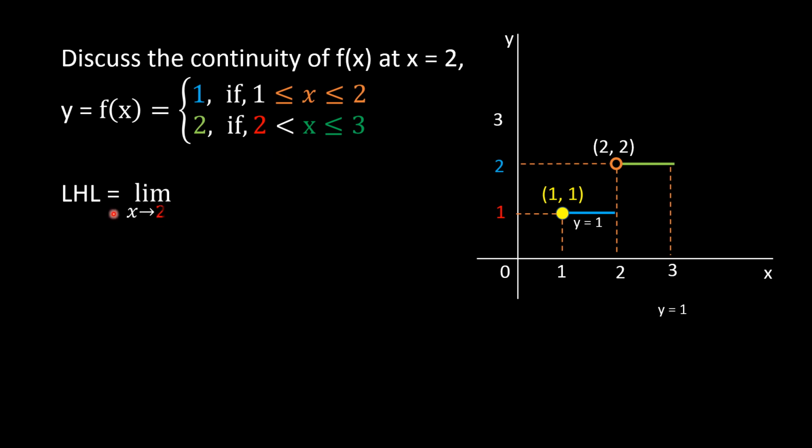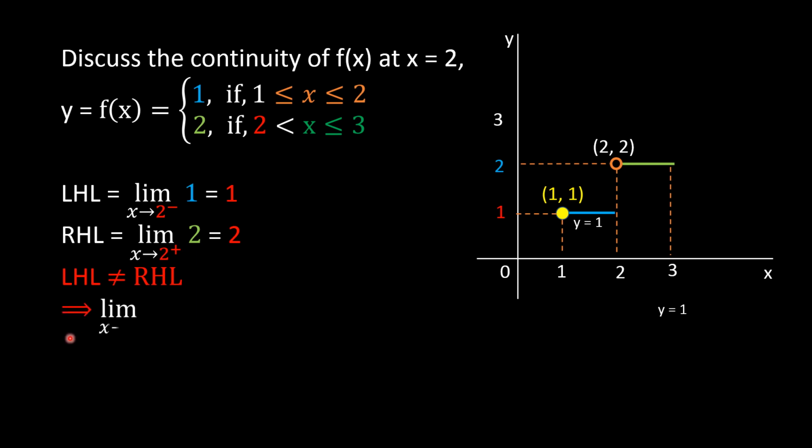Here the left hand limit is 1 and the right hand limit is 2. Since the left hand limit is not equal to the right hand limit, the limit of f x as x approaches 2 does not exist,